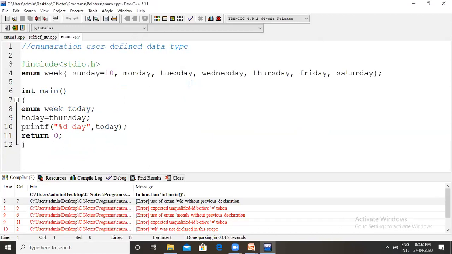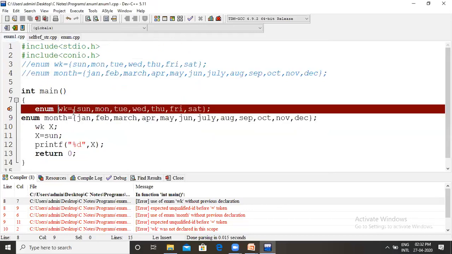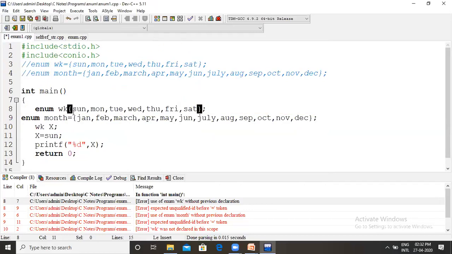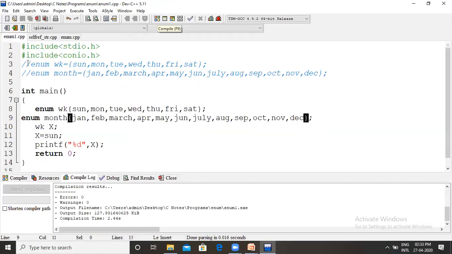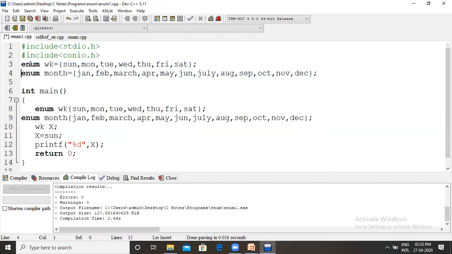Okay, so, small mistake. No need to assign equal. Very, very small mistake. We also observe this mistake. Please don't make that type of mistake.